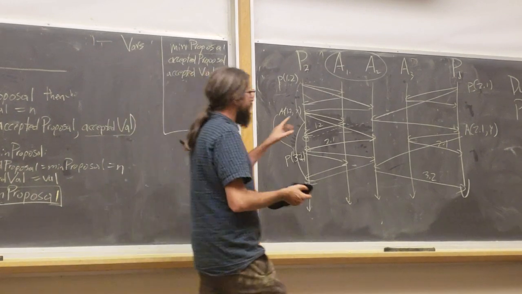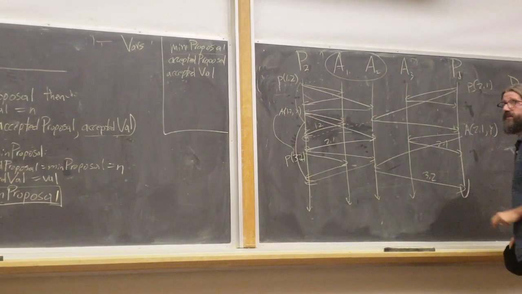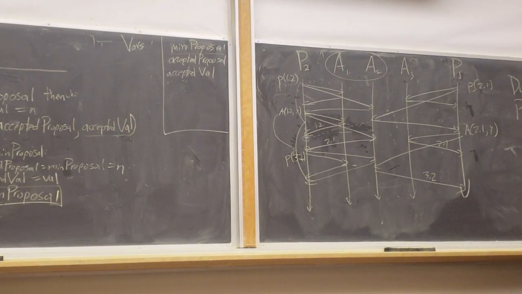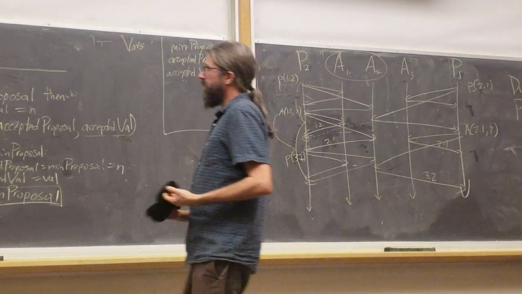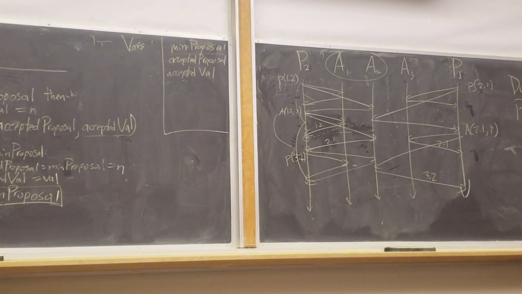Remember, fundamentally, we never said that Paxos requires that every acceptor learns of every value. We just said that values have to get accepted by a majority. Yeah? So maybe I'm misremembering what you said. Isn't it the case that proposers and acceptors are the same? Well,